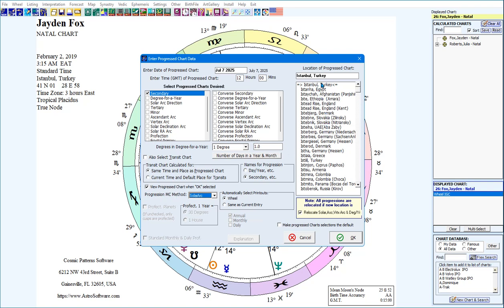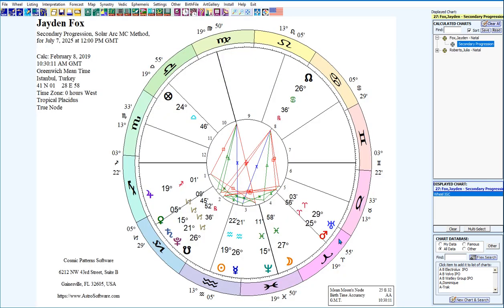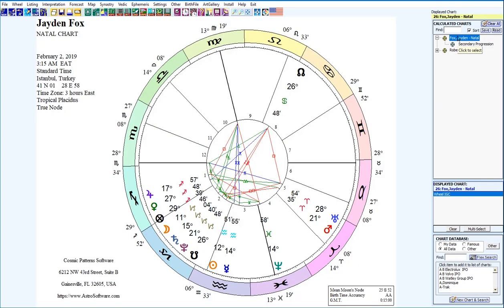Now in here, usually you don't relocate the progress chart, so you are showing here the birthplace. But the option is there. If you want to relocate it, you can as well. So when you're done, you click on OK. It's very, very simple and easy to create a progress chart. Now, you always want to go back to the natal chart in here. We click in here. That's the natal chart here.